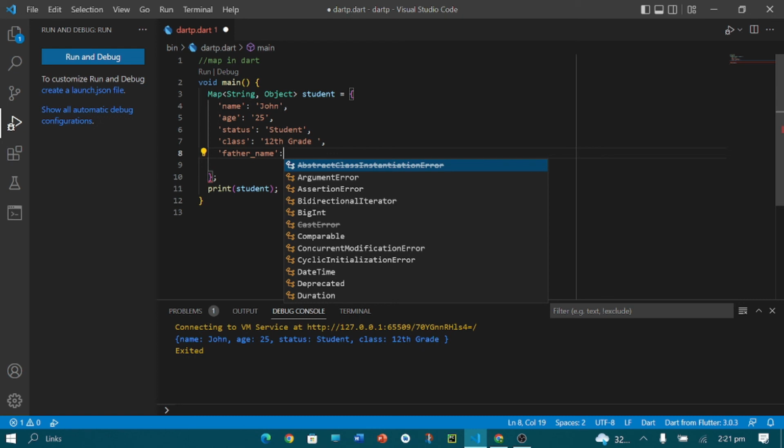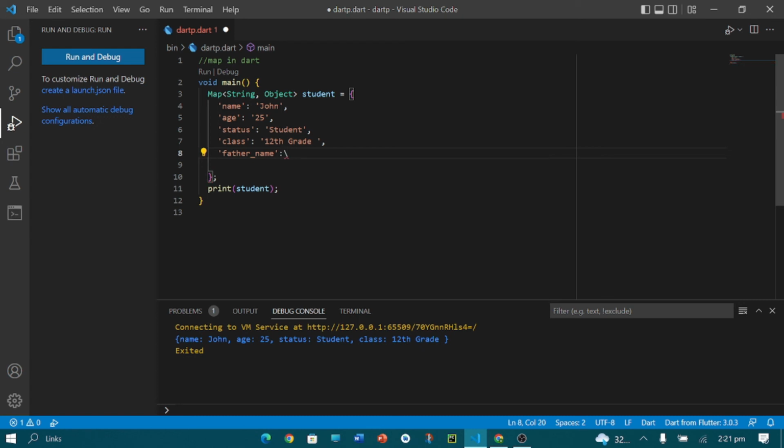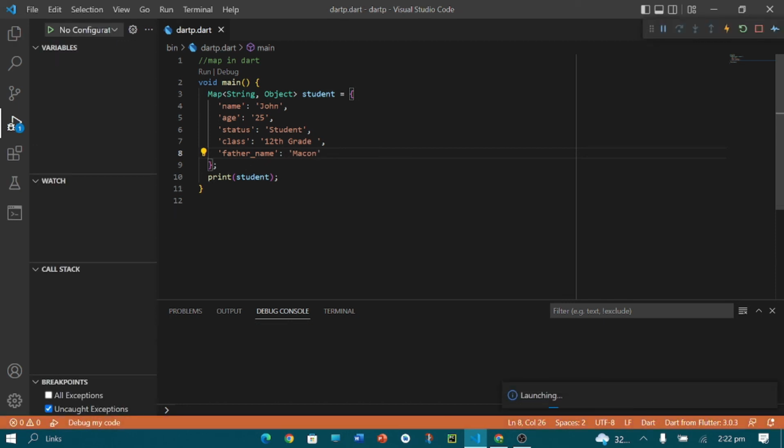So here I will write the value of father name is John Macon. So if I execute it, it will show the output. So here you can see